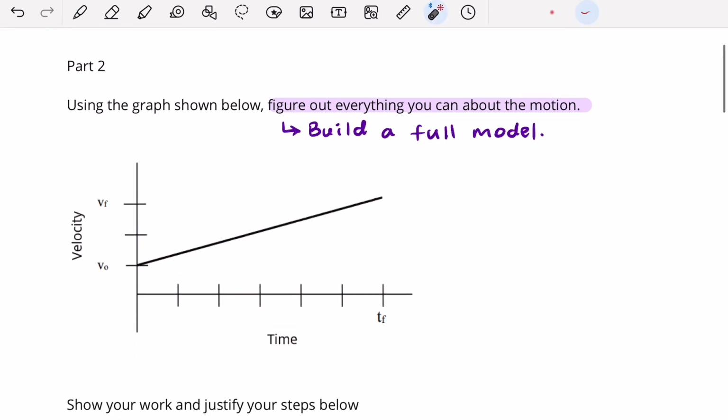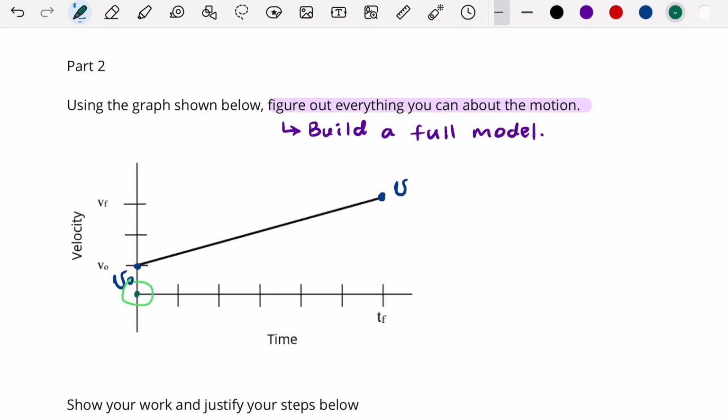We have a velocity versus time graph, and we have this point here, and that's going to be our initial velocity v naught. I know it's already here, but I'm just going to write it here. That way we know. And then this point over here is the final velocity. Also, we know that